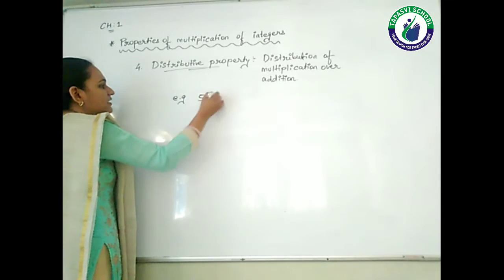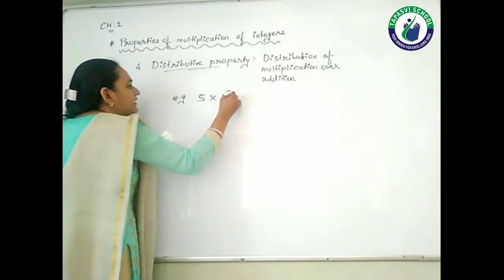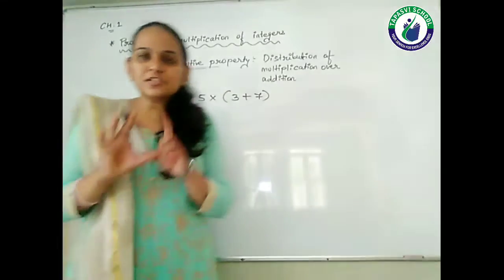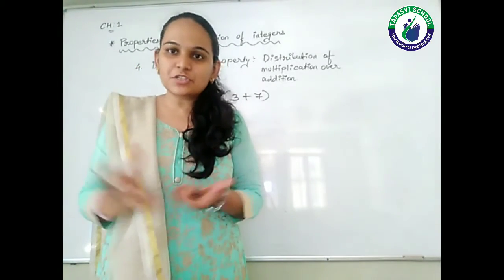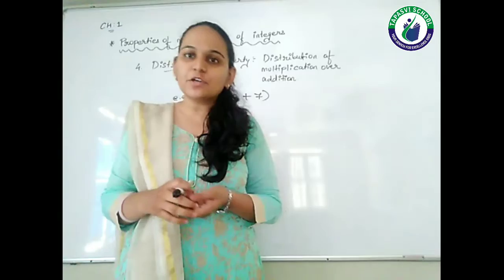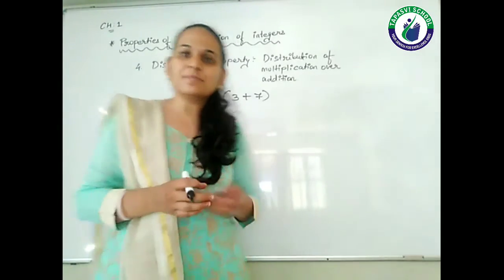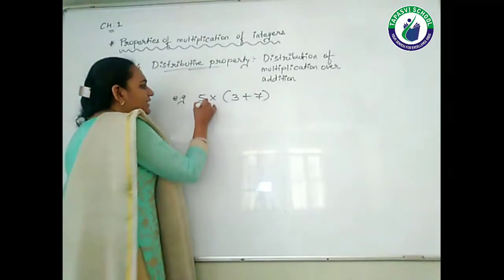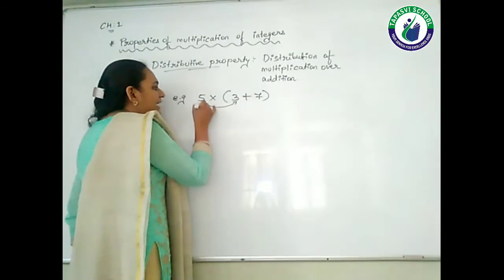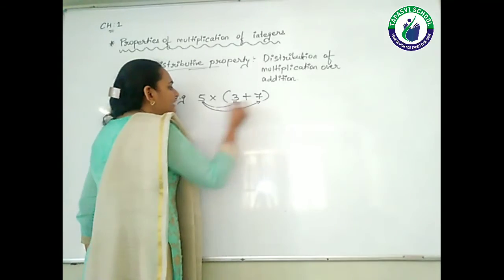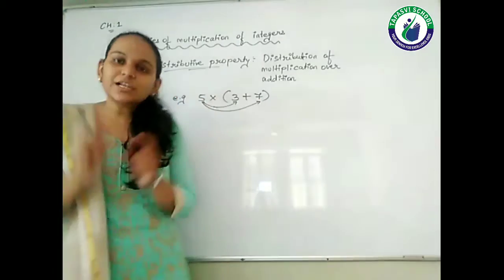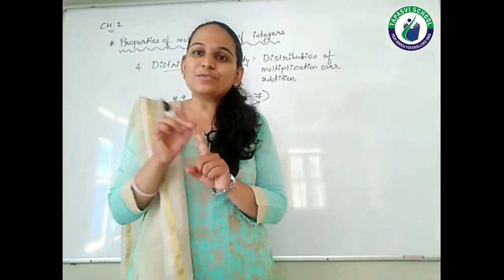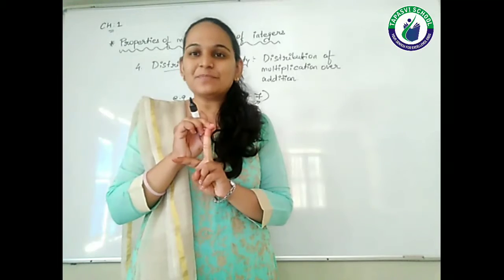Say for example it is 5 multiplied by (3 plus 7). First I am taking all the integers as positive. You can work out with a combination of positive and negative also, that is also possible. First I am showing the working pattern of this, students. 5 needs to be multiplied with 3 and then 5 needs to be multiplied with 7. So initially I will multiply 5 with 3, that means I am distributing the multiplication, and then 5 with 7.